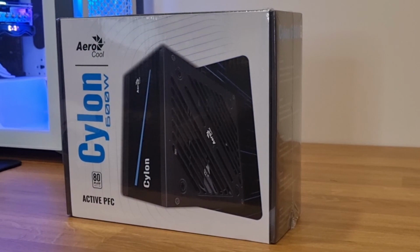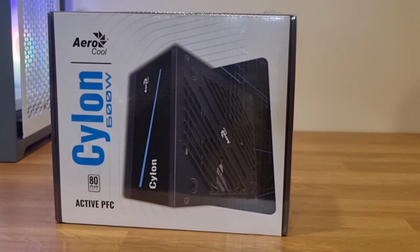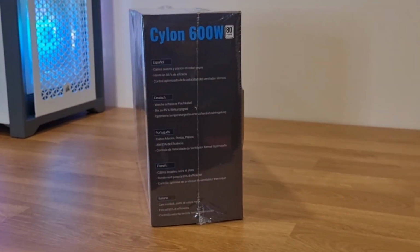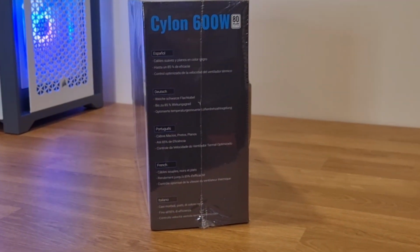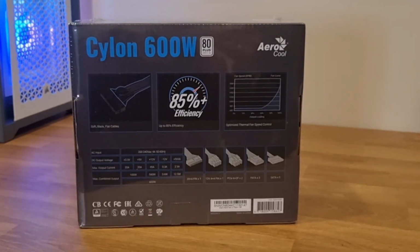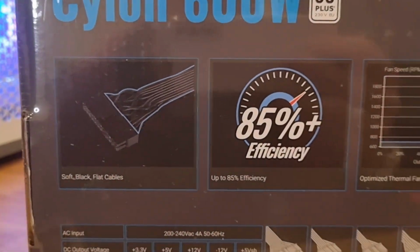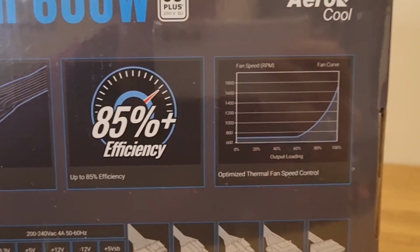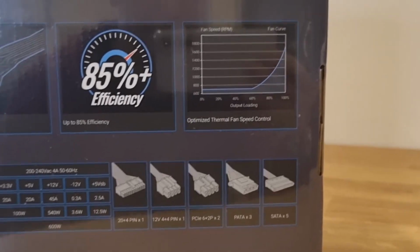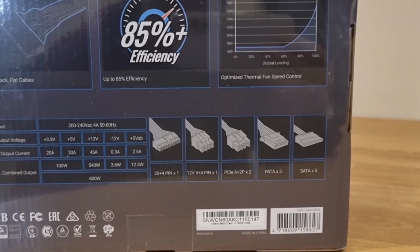Okay, so here we have the box. You can see on the front there that it's an 80 plus white rated power supply. Moving around the side, just got some notes there about what's in the contents in different languages. You may have noticed there's no English on there because that's all on the back there. So it's telling us we've got the soft black flat cables up to 85% efficiency. It's got optimized thermal fan speed control, and it's telling us there power outages and the cables included in the